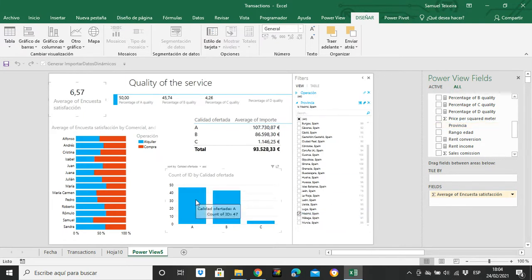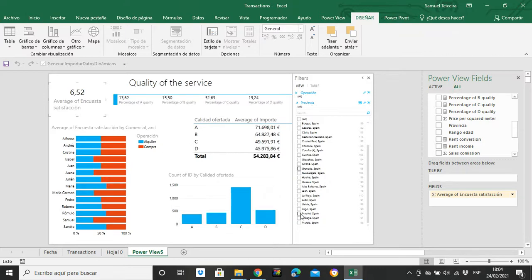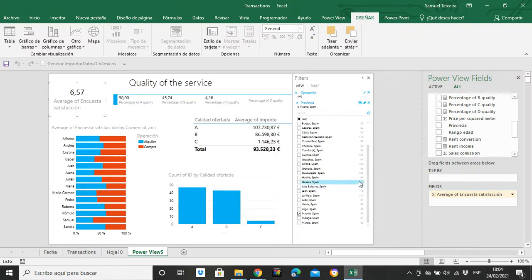Oh wow, in Madrid we have better quality properties than, for example, let's say Granada. Yes, a little bit better. In Madrid, we have more A properties, and of course,